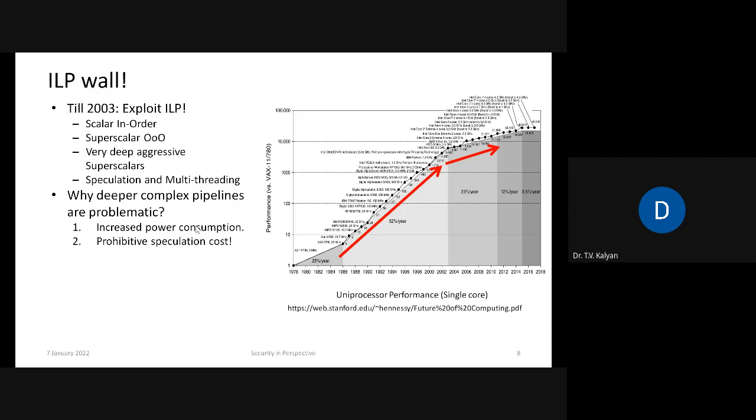And speculation, I'll quickly explain what it is. Let's say we have some control instruction, let's say a branch or a jump instruction. When we start executing that instruction, during the first few stages of the pipeline, we don't know that it's a branch or a jump. But the way pipeline works is, the moment this instruction moves from the fetch stage to the decode stage, the next instruction is fetched, meaning that if we realize that we have to take a jump, or we have to branch off to some different instruction rather than going in sequence, then whatever we have fetched, the few cycles till then would be wasted,